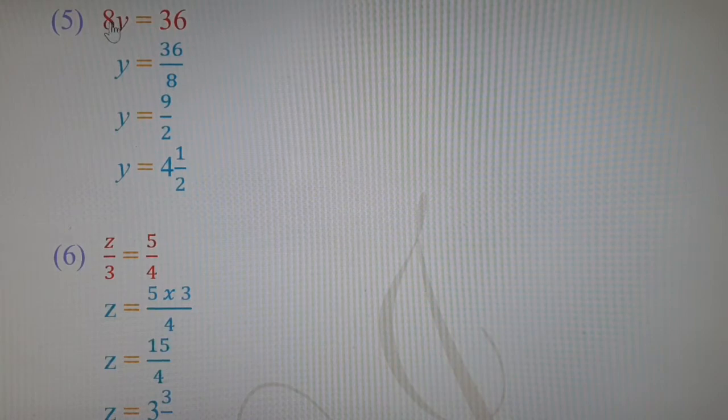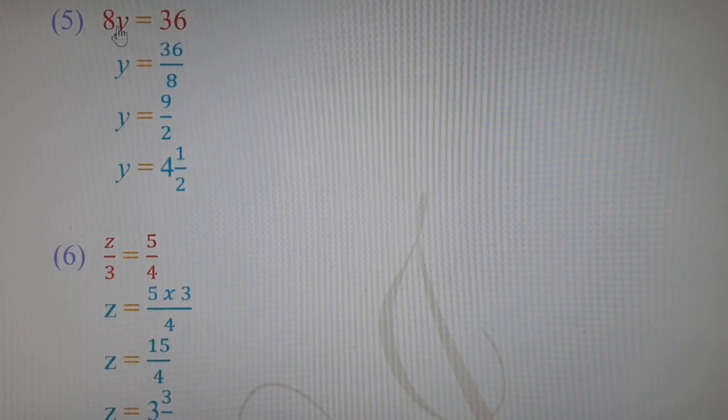So multiply 8, when it goes to the other side, the RHS, from the left hand side, 8 is transferred to the right hand side, 8 will go in division. Multiply 8 will become divide 8, because we are using the transpose rule. In the transpose rule, we use the opposite operation. Opposite of multiplication is division. So multiply 8 will become divide 8. So our next step will be 36 upon 8, and y will be kept on the left hand side alone as it is. So y is equal to 36 upon 8.